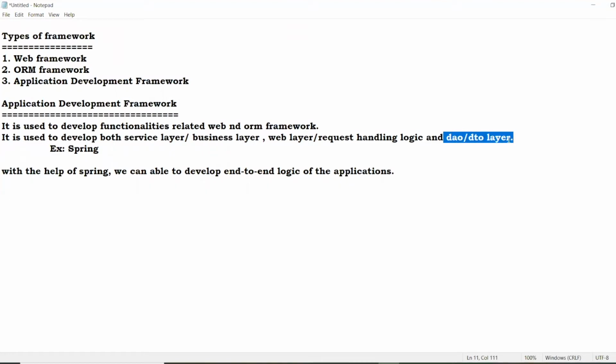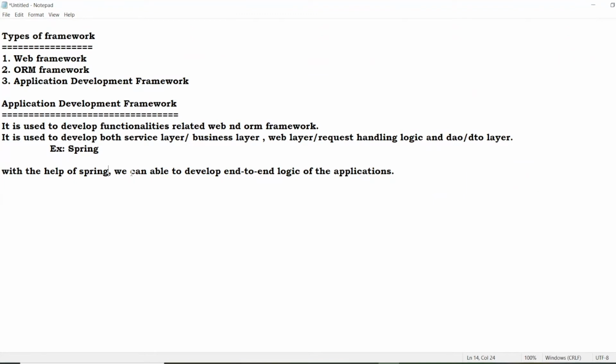Once we start our Spring Boot program, more and more clearly we are going to learn about all these layers. What is the presentation layer? What is the web layer? Each and everything I'm going to explain with examples, with diagrams and with logic. Don't worry. So how to use Spring? How to use Spring?